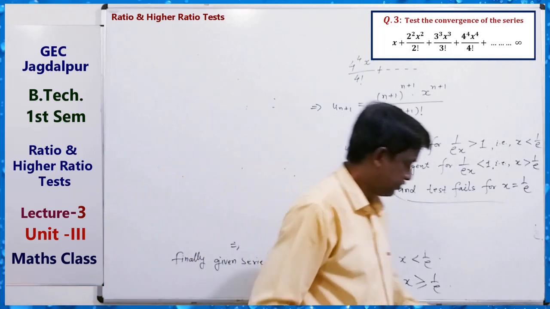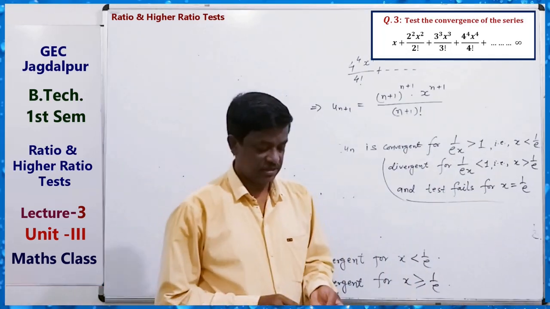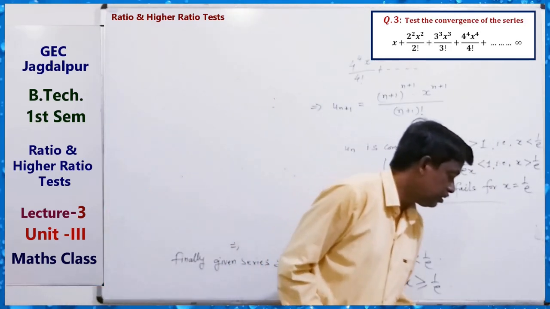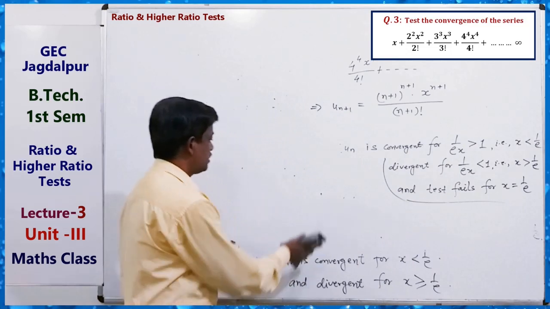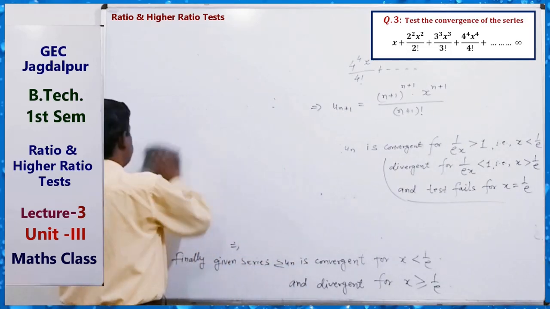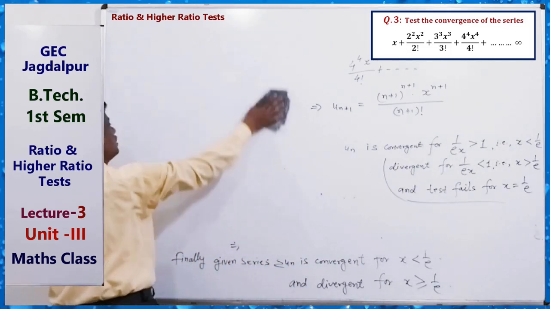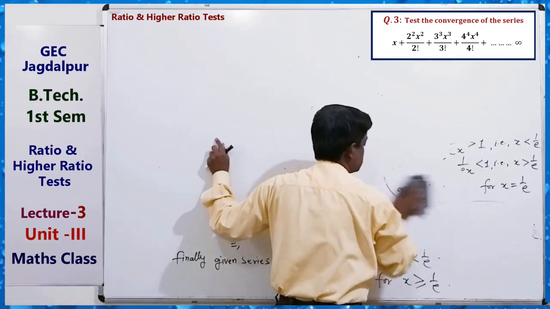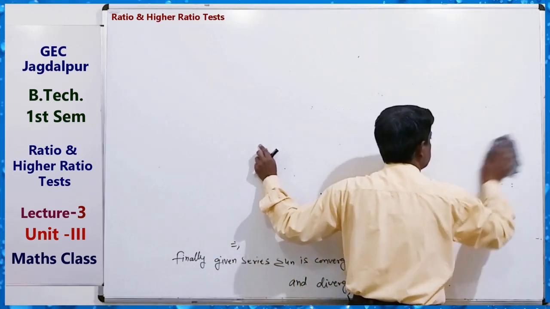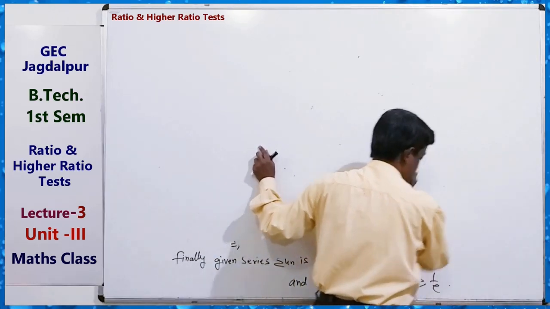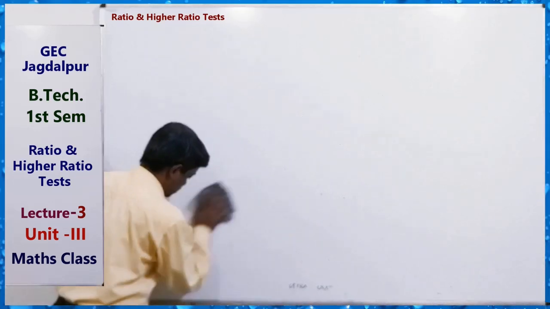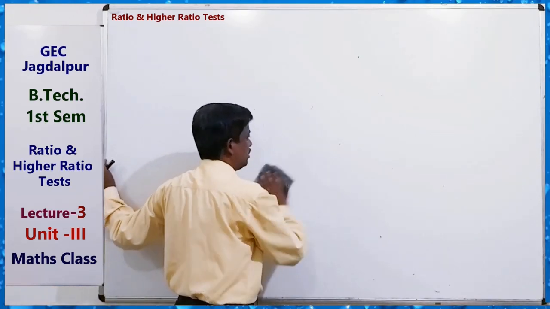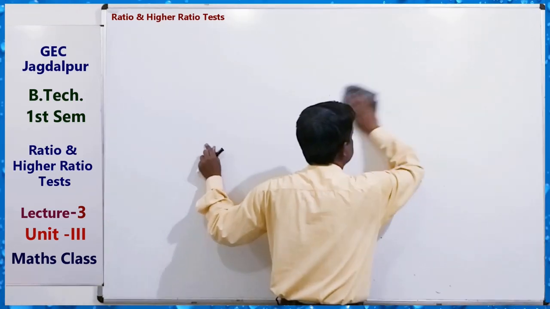Now the second test, that is the Gauss test. In the further process, after Raabe's test and the logarithmic test, whenever we start from the ratio test for testing convergence and divergence of series, there are many tests in this sequence. Just three tests remain. Now we have to discuss them one by one in short, and one of the questions will be solved